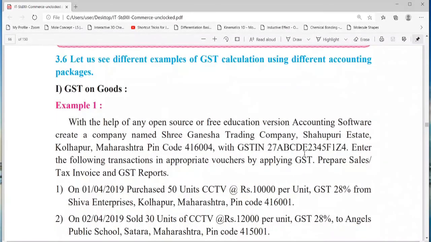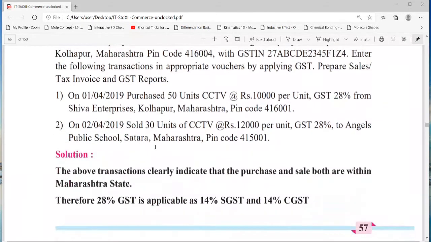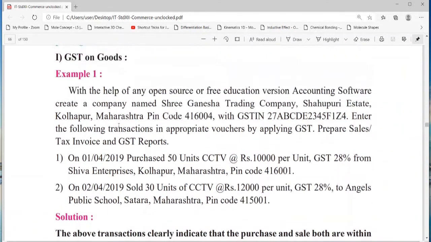So this is the problem from our textbook, page number 57. In this problem, the details are given about the company, Sri Ganesha Trading Company.